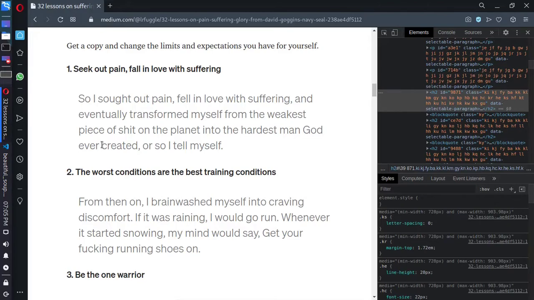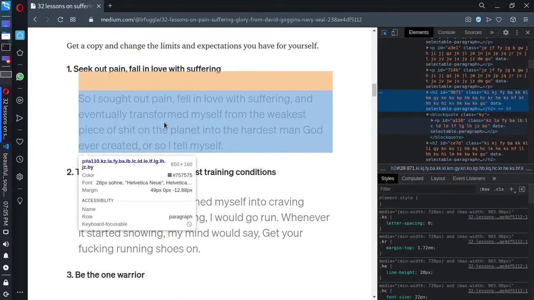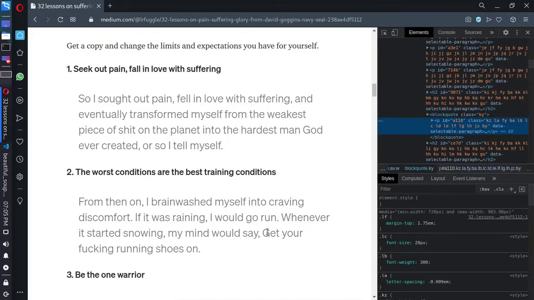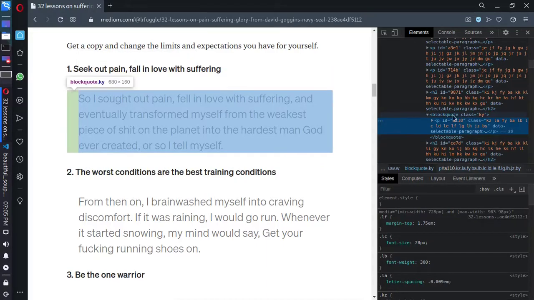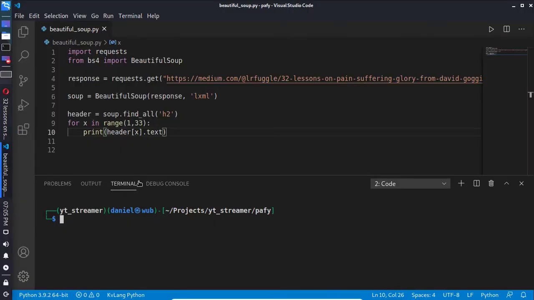We want to grab the paragraphs as well. I'll do the same thing I did with the headers. I'll press Ctrl+Shift+C, click on the paragraphs and see where it is located. It is located inside another tag called block quote. Now this is where traversing comes into play. What I can do is